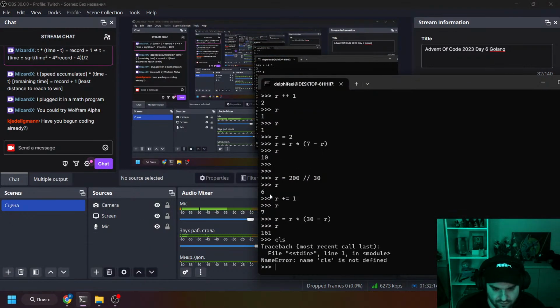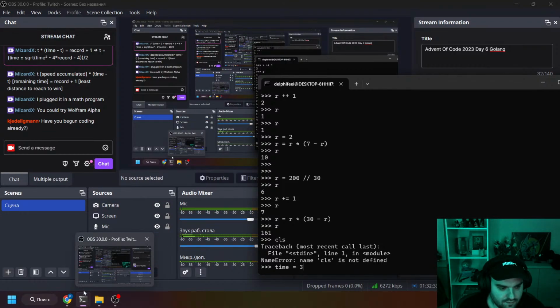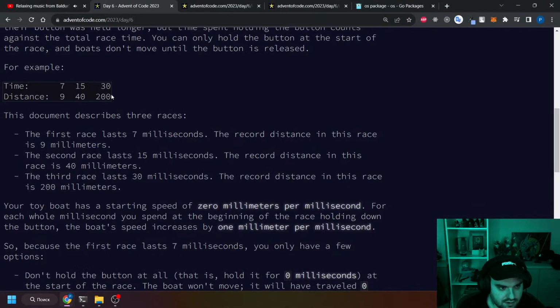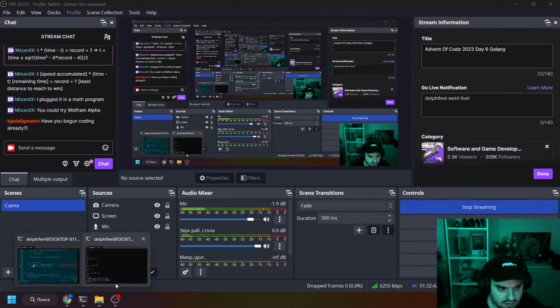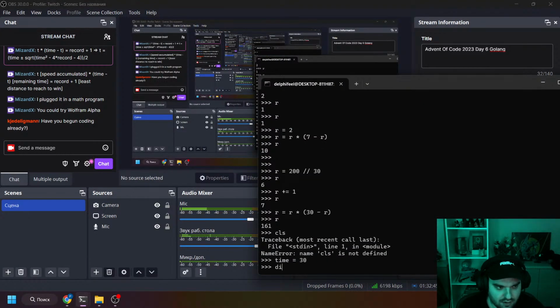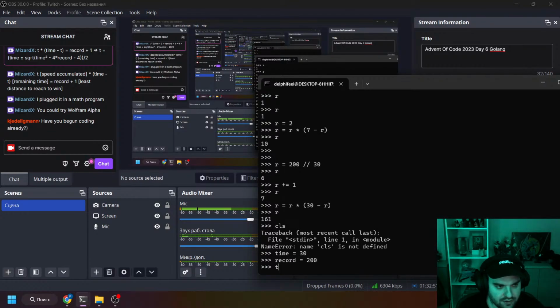So you're saying if we have time, speed accumulated, if we have time 30 and distance, record 200. What we need to do is t equal time